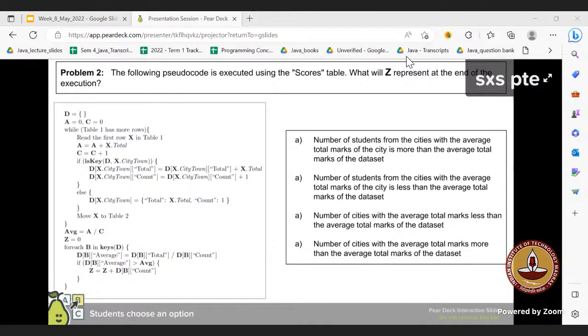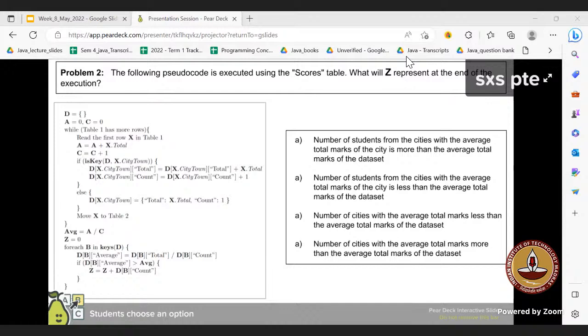We call D of B, B being the city name. Average is the new key in the dictionary of that particular city, and we calculate the average for that city by taking D of B total,